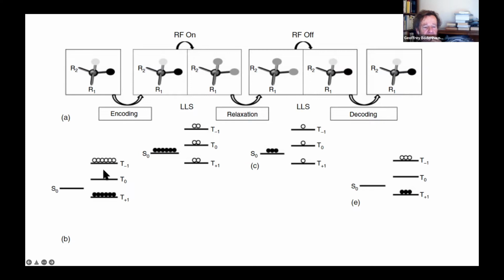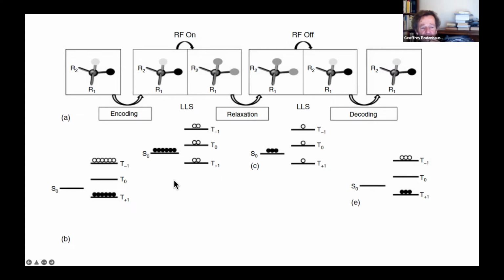And then you do some encoding sequence. There are several different ways of doing it, but the basic idea is to overpopulate the singlet state and spread the population among the 3 triplet states, perhaps evenly, or anyway, make a different population on the right-hand side than on the left-hand side. This is also known as a population imbalance, a very nice, simple word that Malcolm invented some years ago, which will be a guidance also in this lecture.